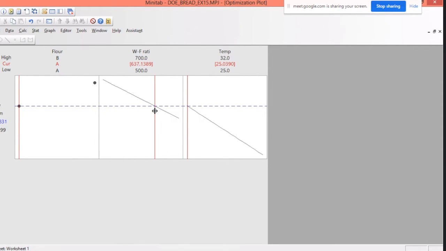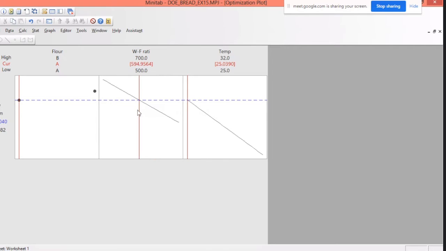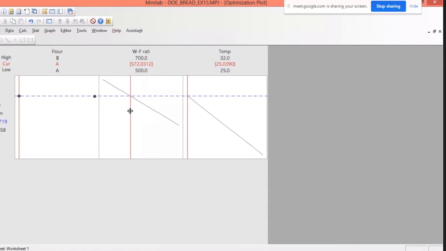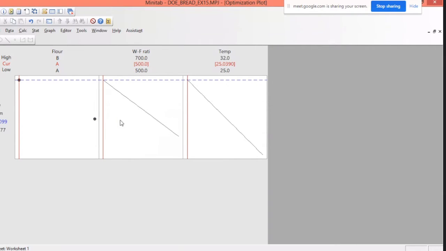Here we can see as you change this, your desirability is close to one, that is 0.86. Previously when I was using the flour type B, it was above 0.9, but this is also very close.